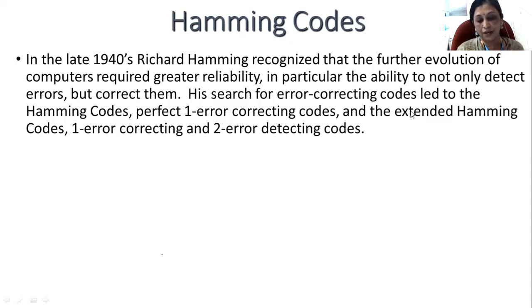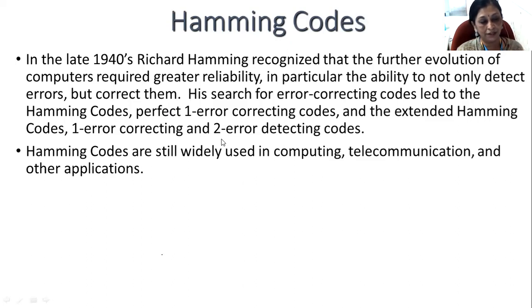His search for error correcting codes led to Hamming codes. Hamming code is capable of 1-bit error correction, and extended Hamming codes are also there, and these extended Hamming codes are capable of detecting 2-bit errors and correcting 1-bit error. So Hamming code is a basic code discovered by Richard Hamming in 1940s for error detection,